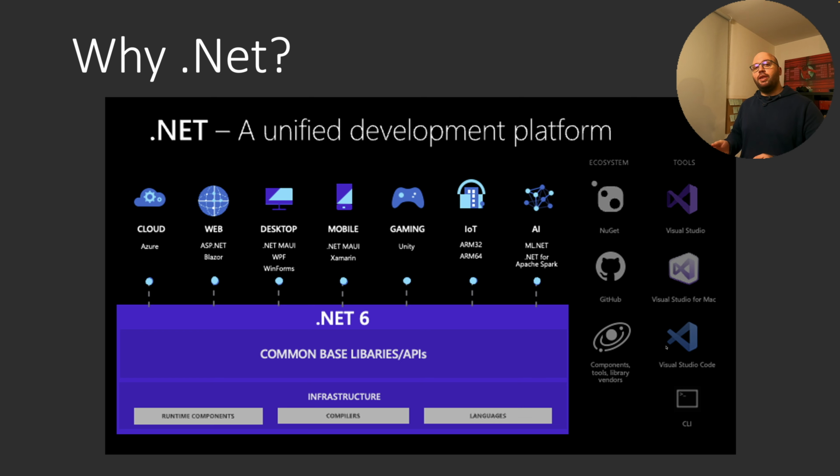There's a lot of documentation, so any question that you might have or any question that you need answers to, I'm sure you can find the answer with the community out there. On top of all of that, it's very fast, it's very secure, and it is very scalable. So all of these make a very good candidate of why we want to actually focus on .NET and